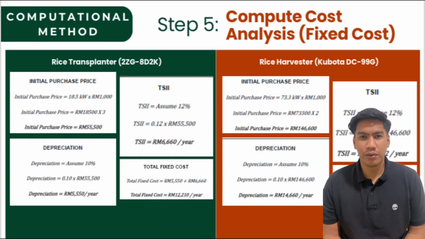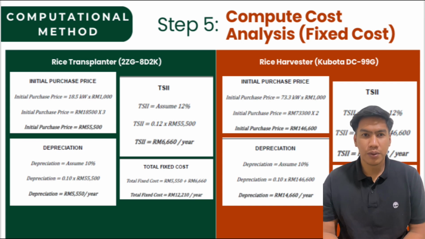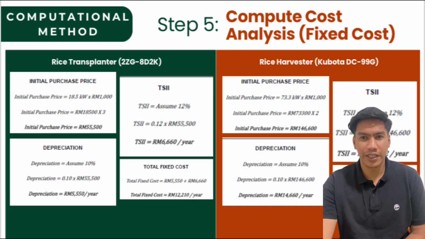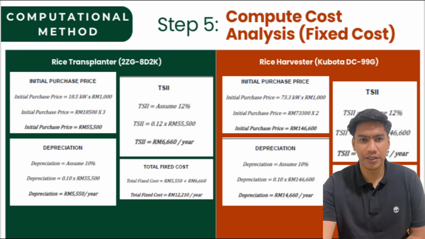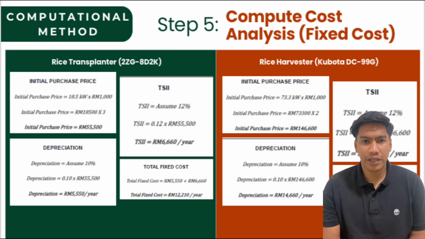Let's move on to step 5, cost analysis. We will be examining both the fixed and operating costs associated with 2 pieces of agriculture machinery, the rice transplanter and the combine harvester. The cost analysis for the rice transplanter and the combine harvester reveals that the initial purchase price for the rice transplanter is